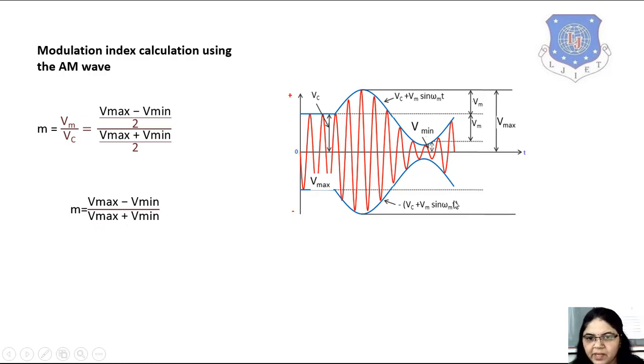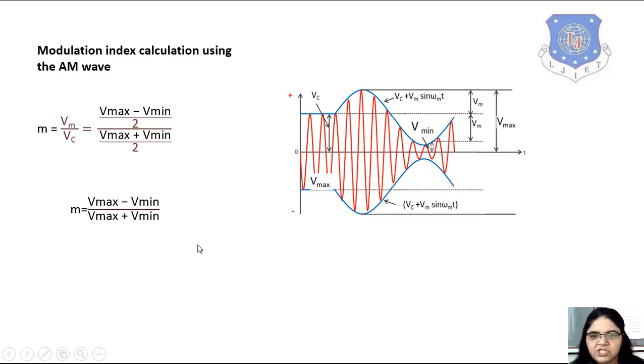While we are performing the practical related to the AM wave, such a wave is also displayed on the CRO. So from that, if we want to find out the modulation index value, we will have this kind of waveform. We'll take this value above the ground line as the V maximum value, and this value as my V minimum value. By knowing the V maximum and the V minimum from the graphical representation, we are able to find out the modulation index value.